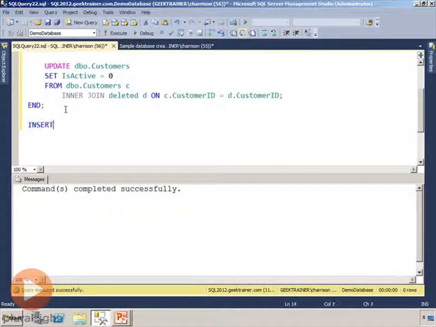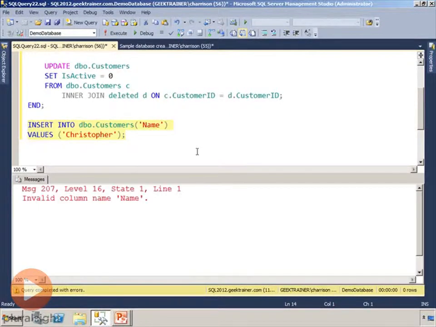So I'm going to say insert into dbo.Customers, their name, and then values, and let's specify Christopher. Excellent. So let's highlight that, do our execute. Whoops, I don't want string literals there. Typing too fast. There we go. So we'll do our execute, and you're going to notice that sure enough we get our 1